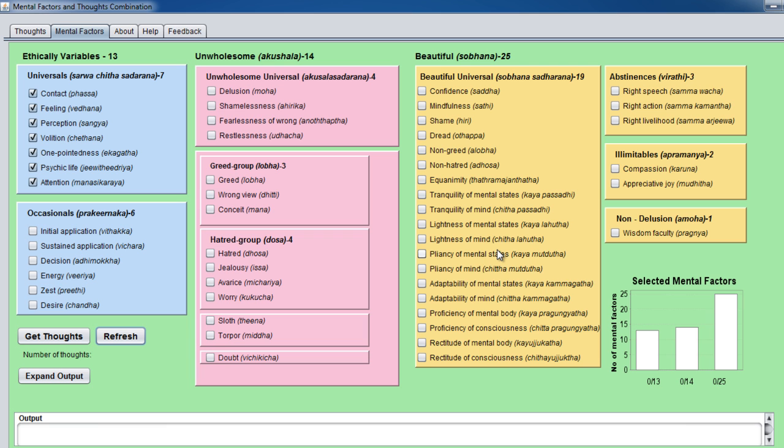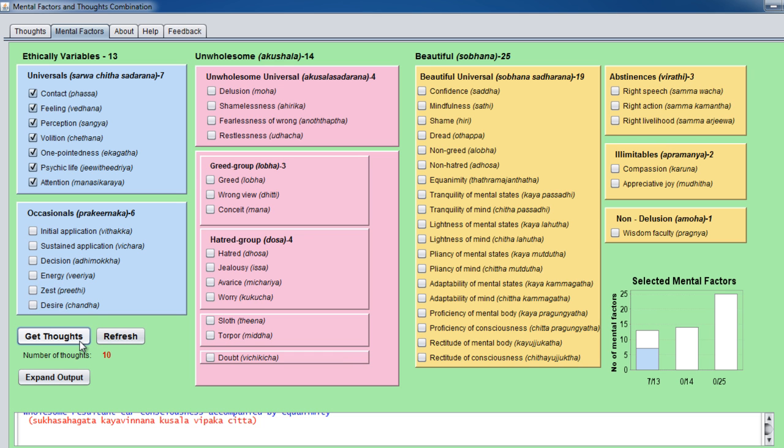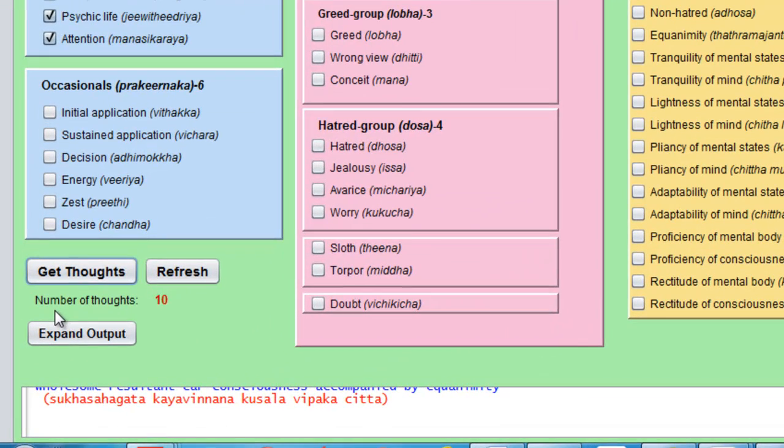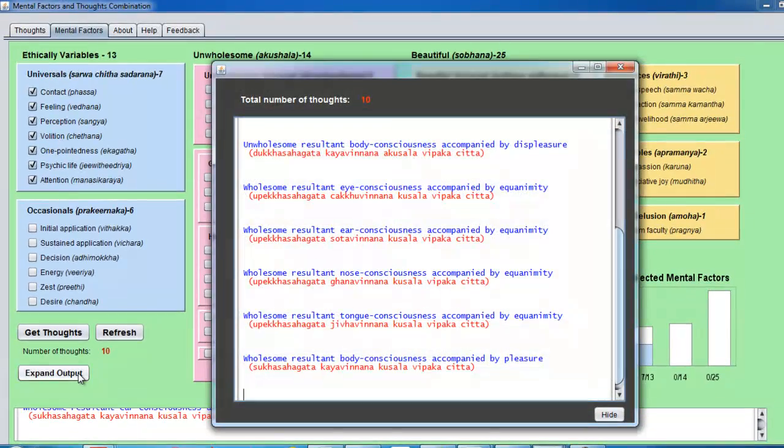Assume that you are interested in any thought which is composed merely by the 7 mental factors identified here. Then you can click on get thoughts. And it shows that 10 thoughts are created by these 7 mental factors. So you can see the expanded output